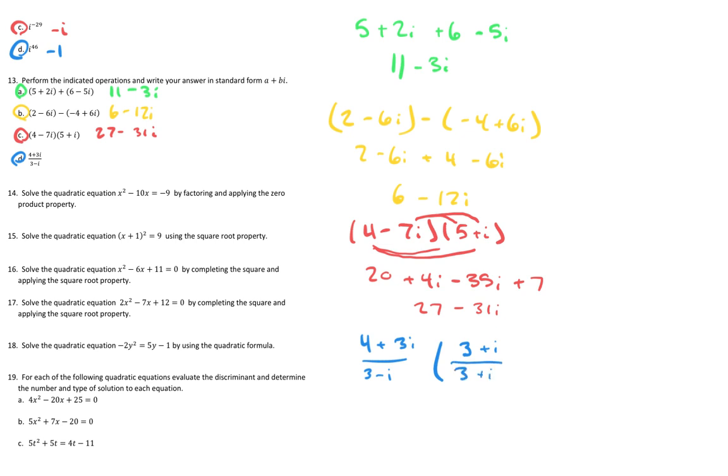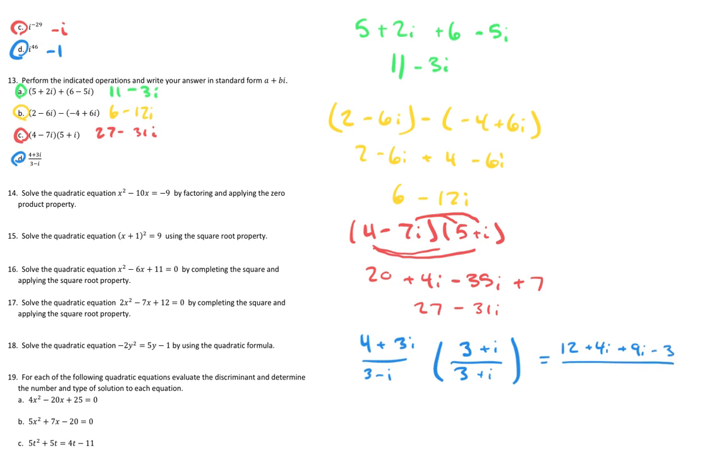Over 3 plus i. So now it's just like we have to do two of these FOILs. So starting with the top one, we're going to have 12 plus 4i plus 9i, and then 3i times i is i squared, or 3i squared, so that's going to be negative 3,